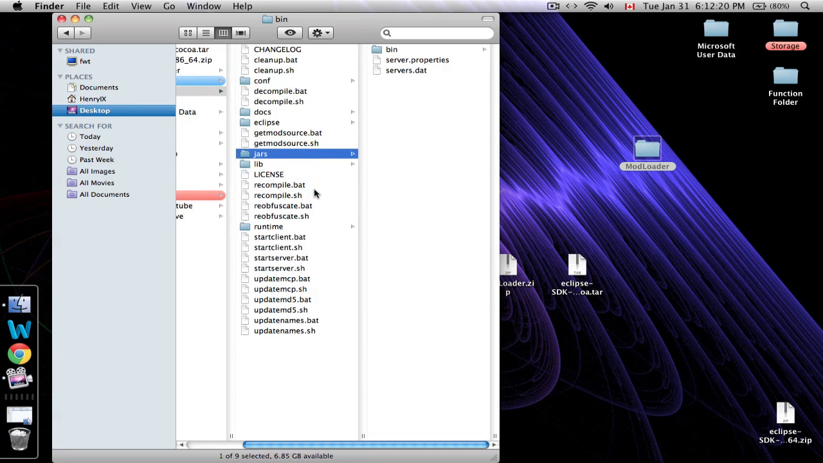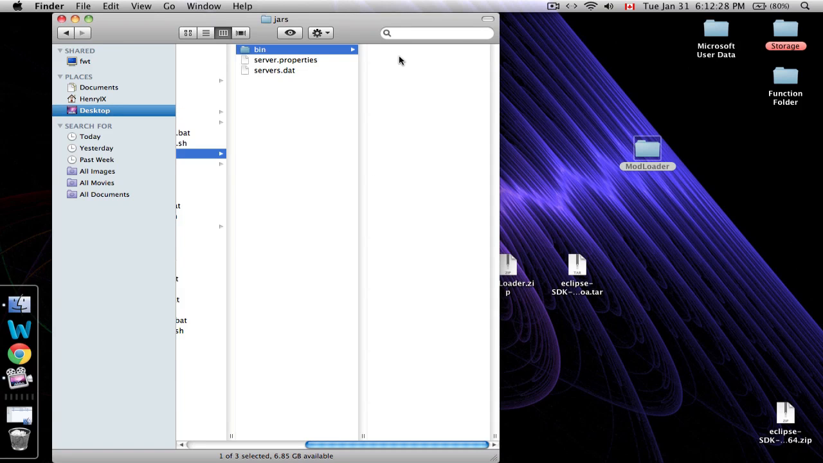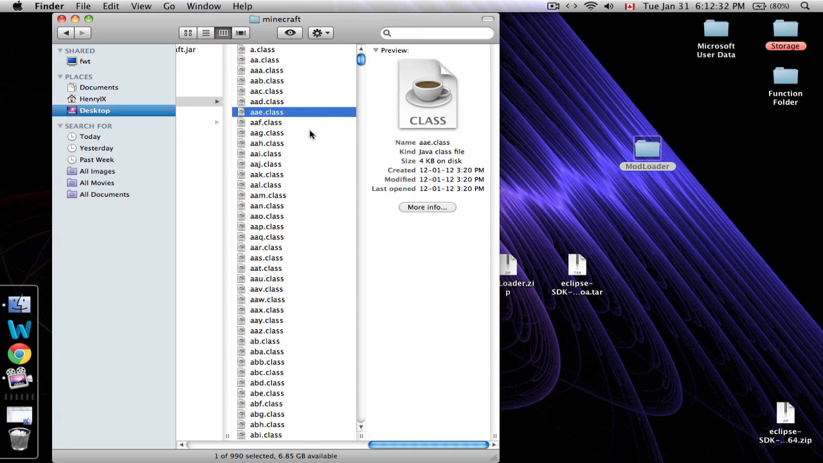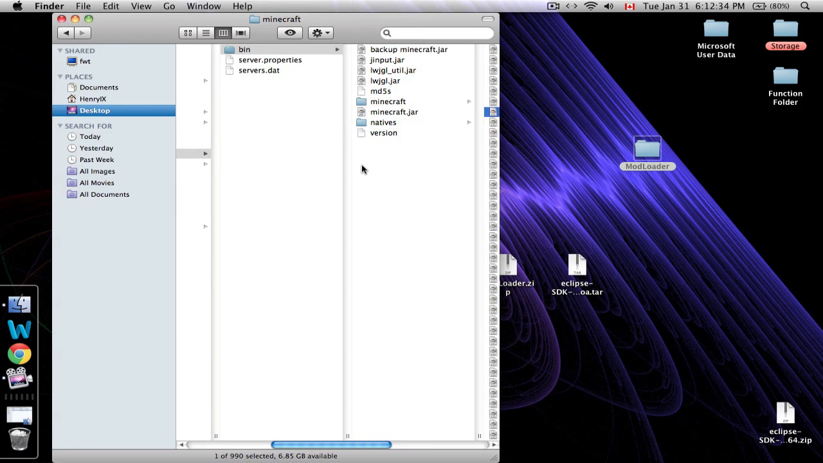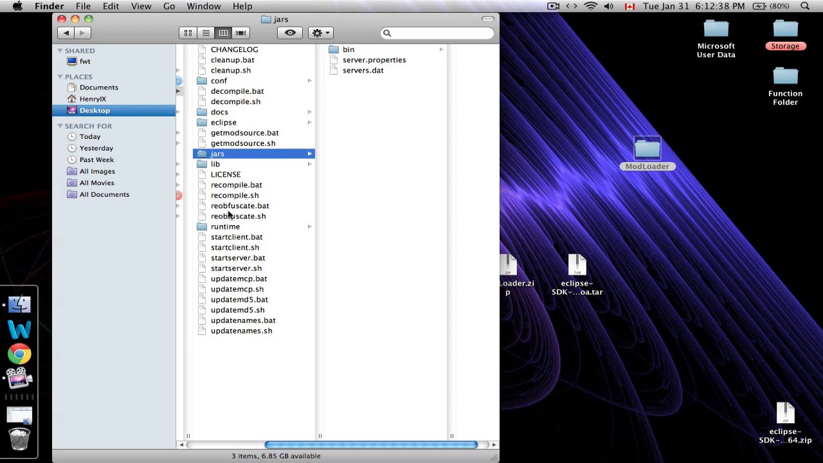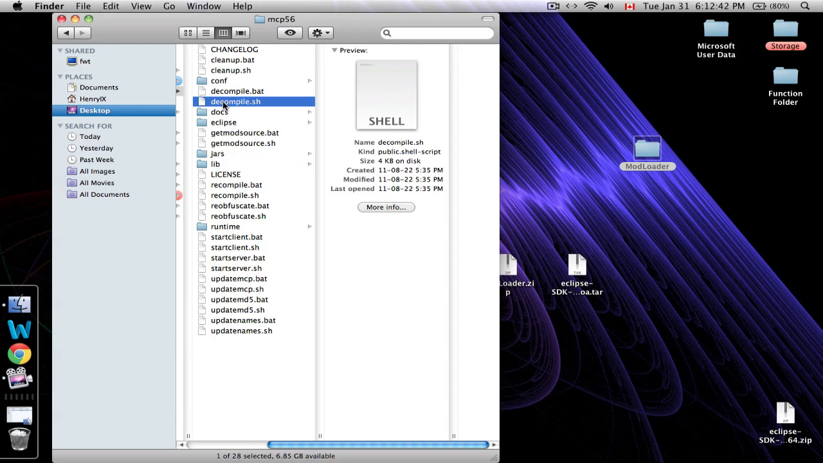So now what we want to do is decompile this Minecraft.jar so we can actually work with the code. Because you can't edit these because they're .class files. What we want is .java files. So that is what we use MCP for. We're going to use MCP to run this thing called decompile.sh. Okay, on Windows you can just double click on the .bat file, but on Mac it's a little bit more